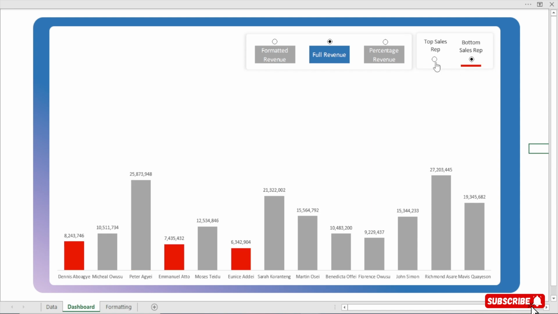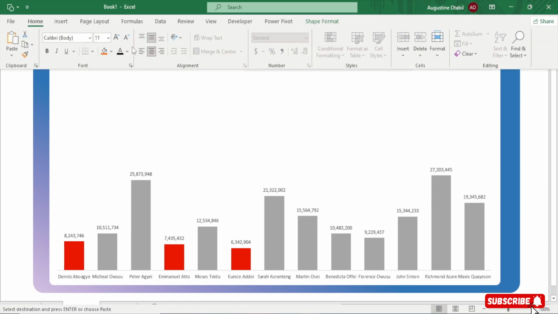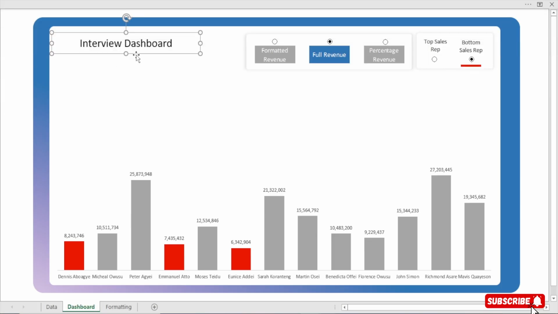So we are not using Power BI, we are using Microsoft Excel. You see it. Yeah. So we have so many things, Excel has so many features, right? Perfect. So now I'll do this. I'll duplicate this, bring this one here. I'll use this as the title. I'll say interview dashboard or sales dashboard, whatever name that you want to give to it, right? So let's play with the color. Okay, this is okay. Let's increase it. I think 20 is okay, right? Interview dashboard. So this is amazing.